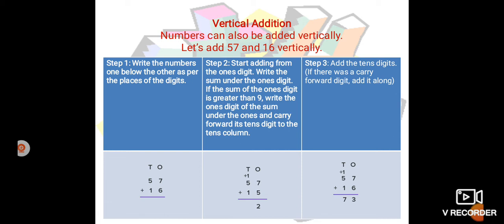So step 2: start adding from the ones digit. Write the sum under the ones digit. If the sum of the ones digit is greater than 9, write the ones digit of the sum under the ones and carry forward its tens digit to the tens column. So what is the meaning of that? Children, we are getting here